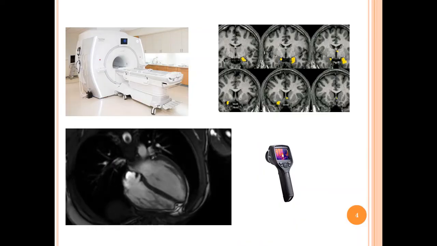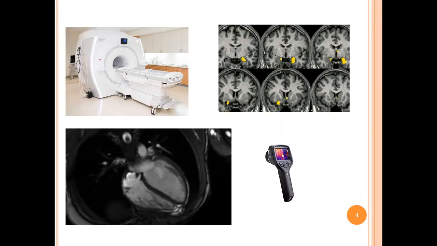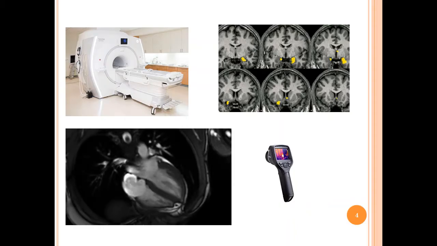These are three medical applications of spectroscopy. The first is the magnetic resonance imaging instrument. The second diagram shows you the MRI image of the human brain. The third image is the working of the human heart in live condition diagnosed through MRI. The fourth is the instrument called the thermal scanner, which everyone of us is aware of, which works on the principles of infrared radiation interactions with matter.